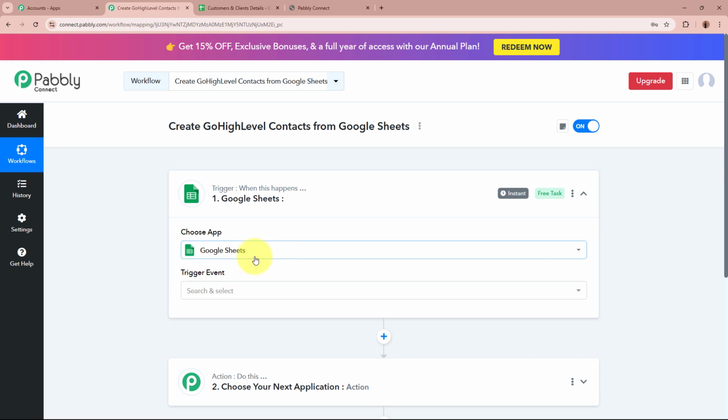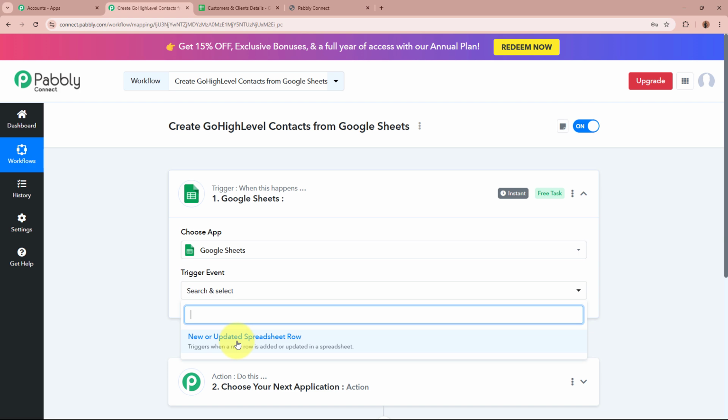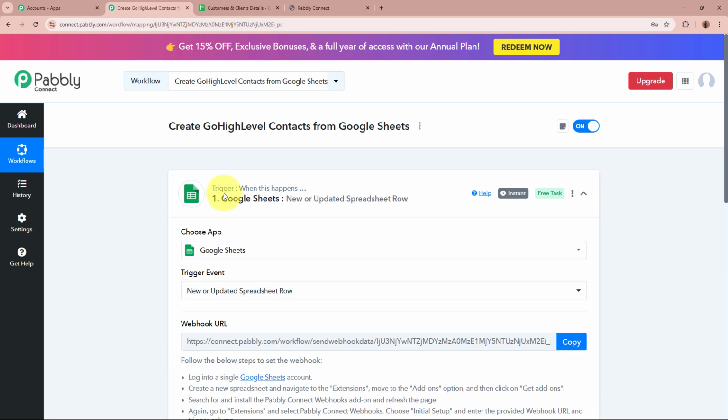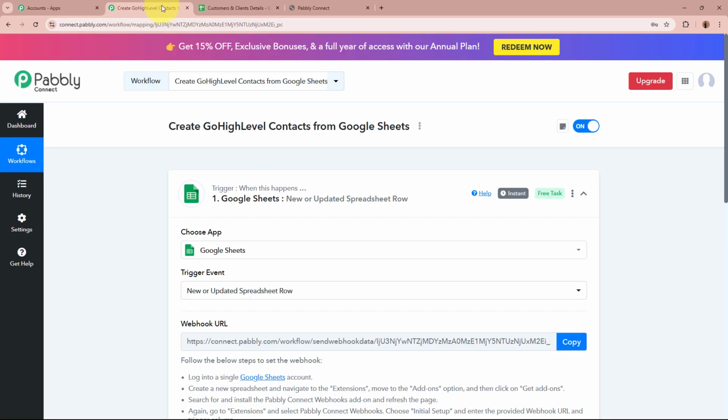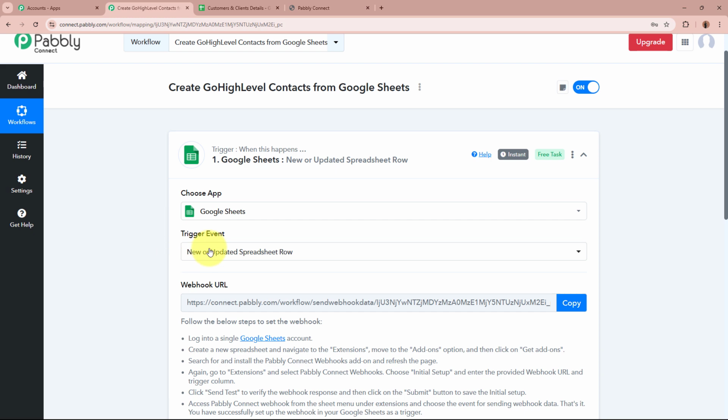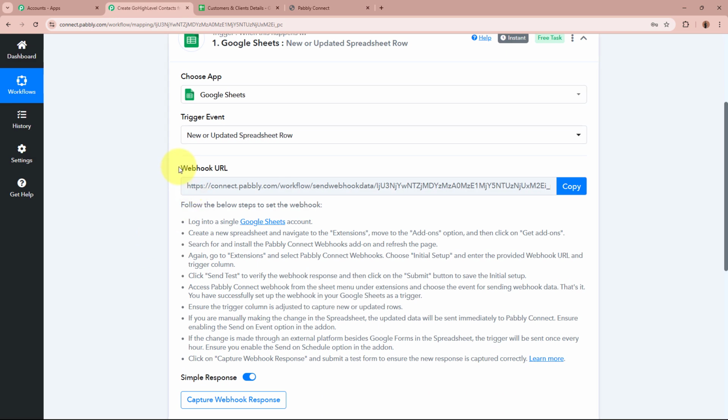That is why for the trigger application, I've selected Google Sheets. And for the trigger event, I'm going to select new or updated spreadsheet row, as whenever new data is added in the spreadsheet, Pabbly Connect is going to automatically and instantly capture the response of that, okay? After selecting the trigger application and the event, you can see that Pabbly Connect has provided us